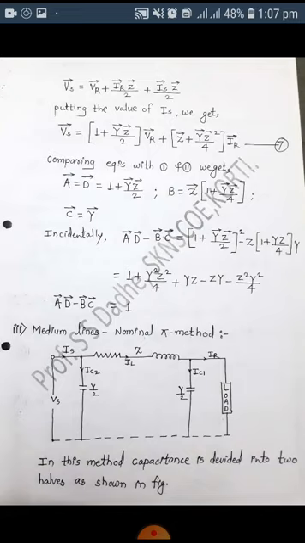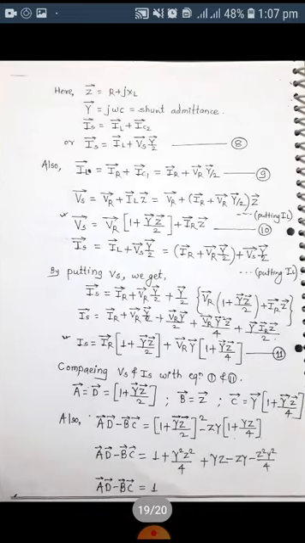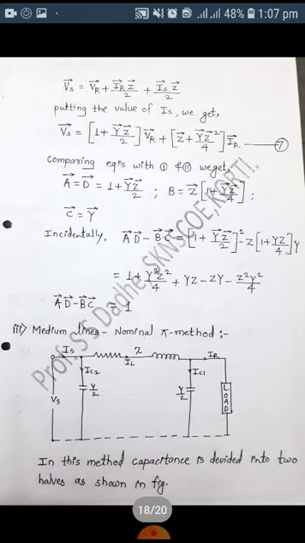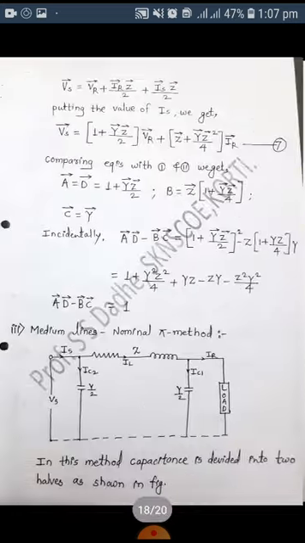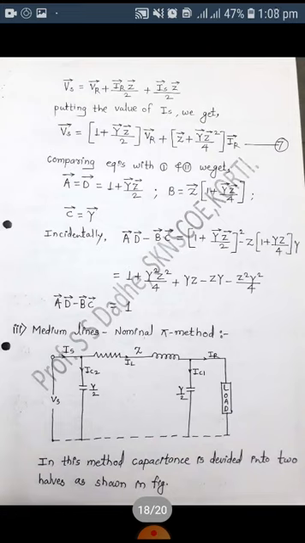Now, in nominal pi method, we have the line impedance Z and line current IL. The currents through both the capacitances are IC2 and IC1, whereas sending end voltage is Vs and receiving end voltage is Vr. If I consider that medium transmission line as a two-port network having 4 terminals, we can express the sending end parameters in terms of the receiving end parameters.